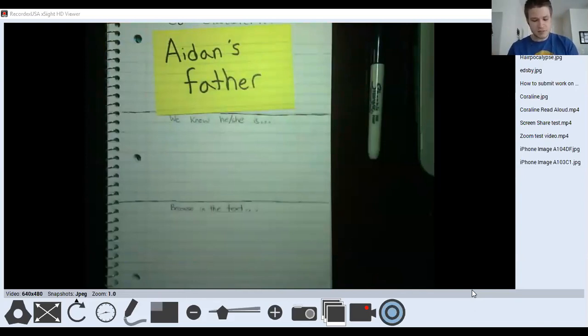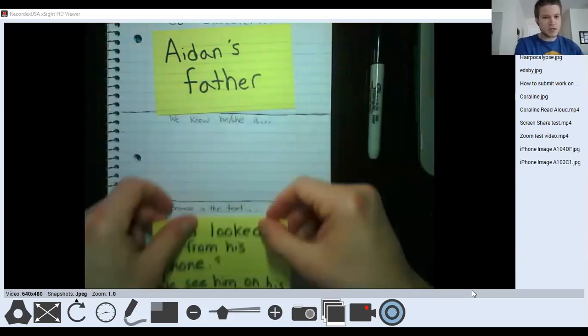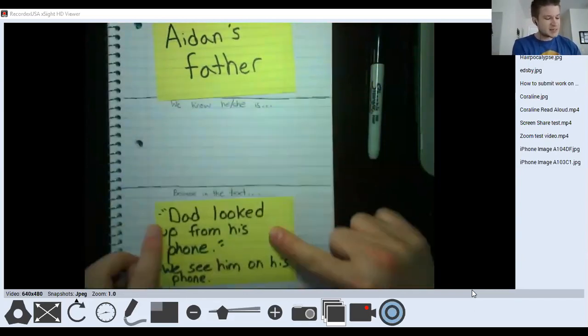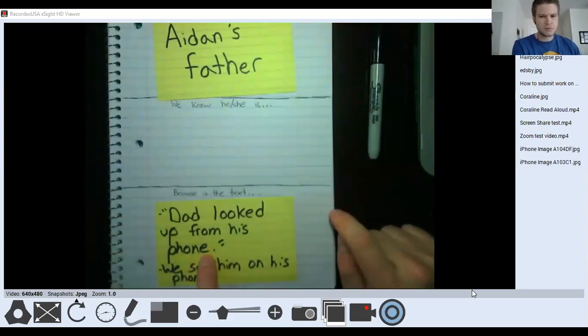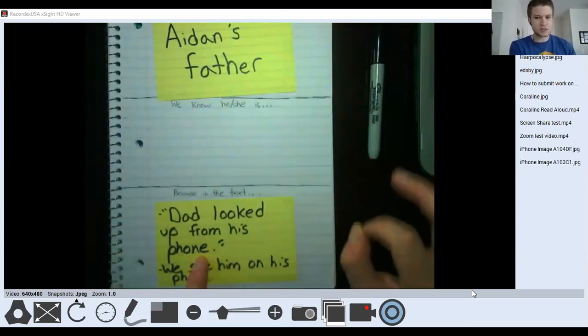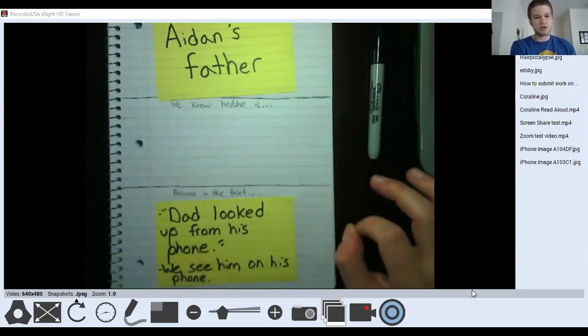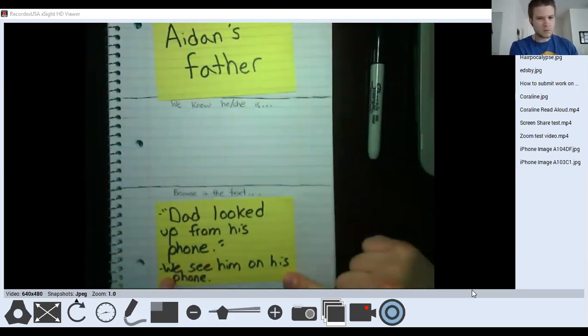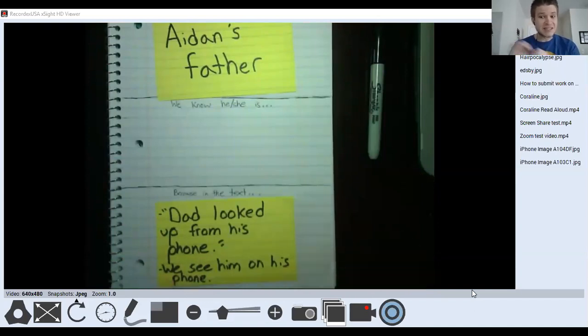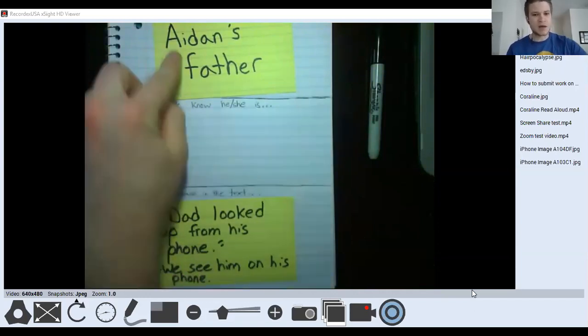So one of the things that we saw, and I'm going to jump around a little bit, is the text said that dad looked up from his phone. That's probably the only thing the text has told us about Aiden's dad so far. But we also see in the illustration that he is on his phone, like when Aiden walks in with his problem, right? So we see him on his phone when Aiden walks down, and the text even said that dad looked up from his phone. I can use these clues here to kind of understand a little bit more about Aiden's father.